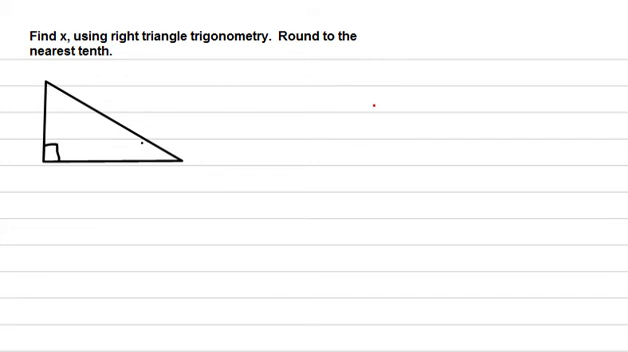We are going to solve the following problem. We are going to find x using right triangle trigonometry, and we're going to round our answer to the nearest tenth. The first thing we need to do is review a little bit about sine, cosine, and